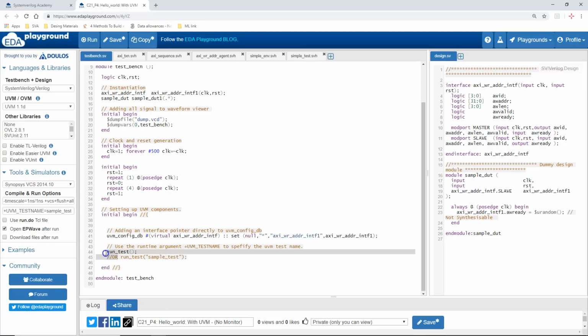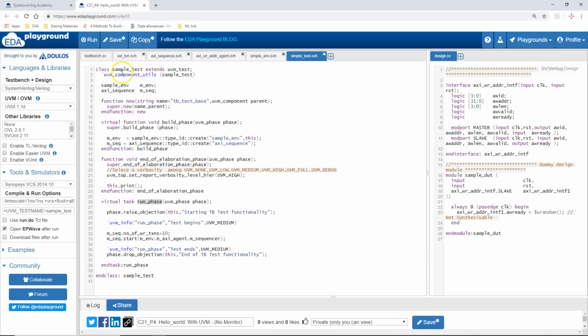So it will look something like this. I'm calling the run_test method with the name of the test class which needs to be run. Remember that sample_test was the name of the test class which is instantiating the environment and starting the sequence in the sequencer.